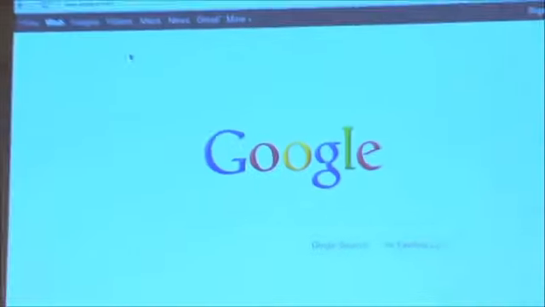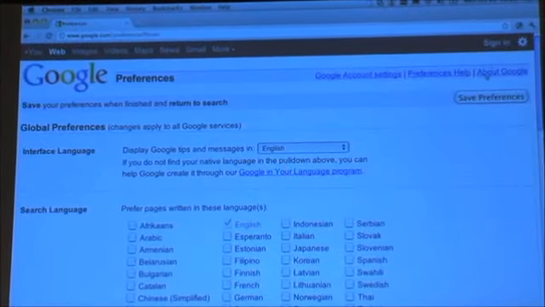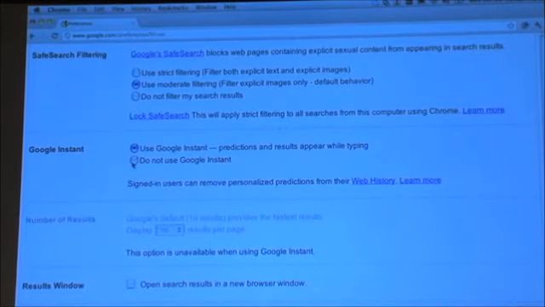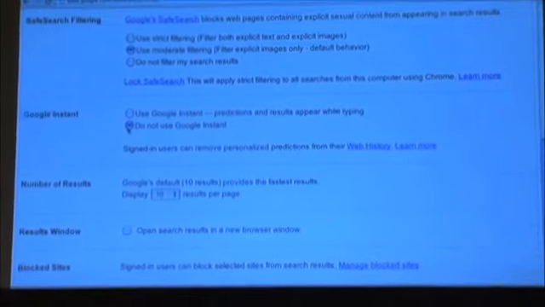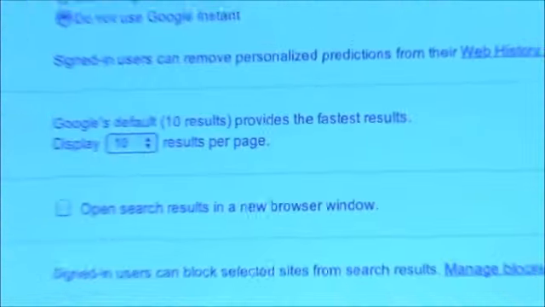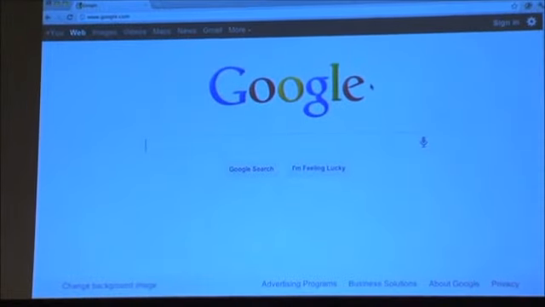So let's take a look now at a familiar website and see if we can't implement a little something like it ourselves. So here is google.com. I'm going to go ahead and do one thing first, because Google is getting a little too fancy for its own good. I'm going to go to Search Settings, and I am going to turn off Google Instant. Google Instant, as you may know, is a feature introduced a few months ago, and it all of a sudden shows you your search results before you hit enter. I want to do it old school style so we don't get ahead of ourselves, because I want to actually have to click a submit button before we actually search for something. So here we have now